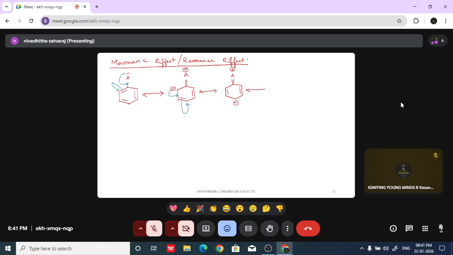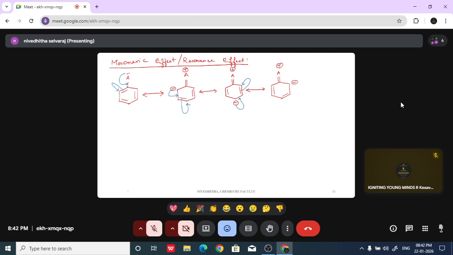Then again, this negative charge is basically an electron, right? So this negative charge is getting transferred between these two carbon atoms, and this bond is getting transferred to the carbon atom at the top. So I have a six-membered ring. This part is undisturbed. Here I have one double bond. Now I got a new bond between these two carbon atoms, and this bond was transferred to this carbon as negative